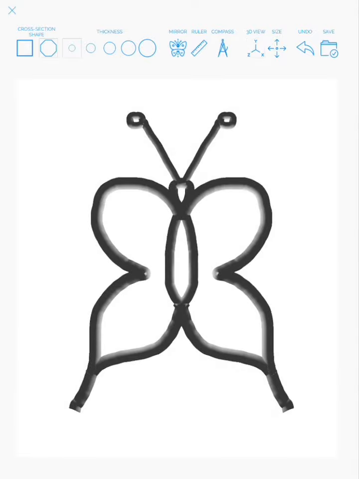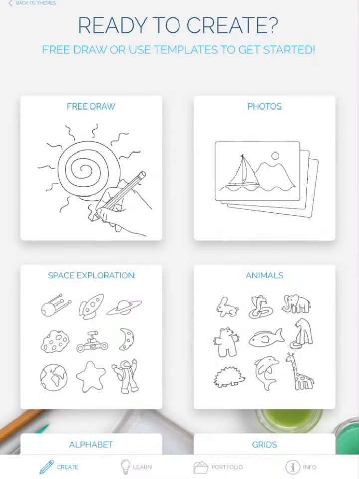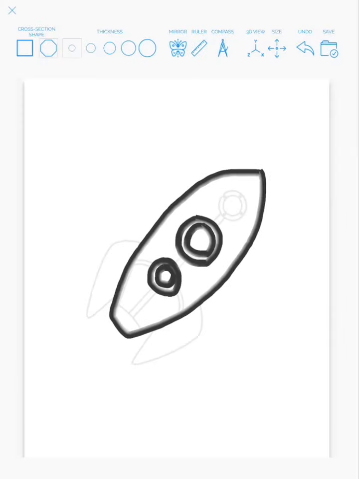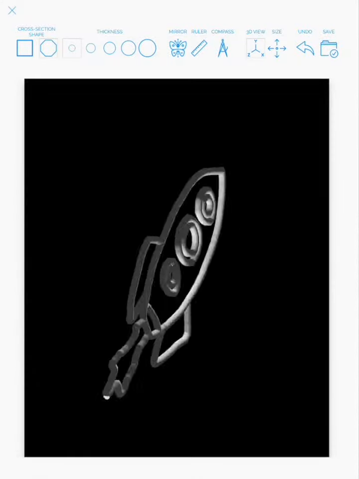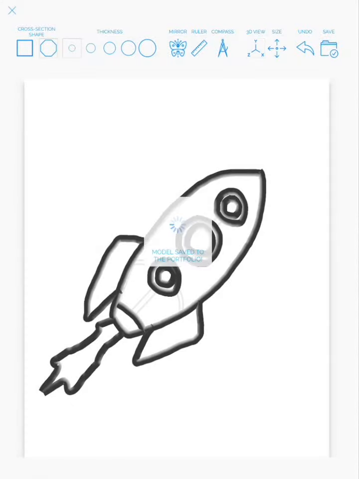Whether you are free drawing or using a template, Science Lab also offers editing tools so that you can easily modify elements of your 3D creations. Simply tap on the element you wish to edit to select it, and once it is selected, you can copy, move, or delete it. You will find your 3D designs in the Portfolio section, where you can also order 3D